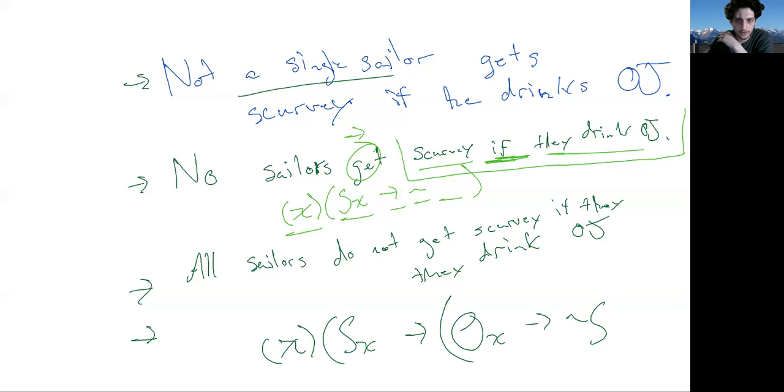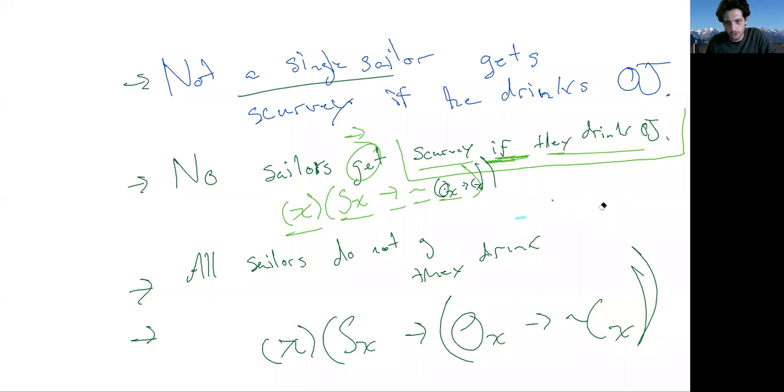Oops. I guess I need to get, right? Where C means getting scurvy. Right, I want to make sure that that's going to be equivalent to what we get up here. That's saying for everybody out there, if you're a sailor, then it's not the case that if you drink OJ, then you get scurvy. So these are going to be related, but not the same. Or let's see if they're the same. Because if they're not the same, then that means our translations are different. And we need to figure out which one is actually right.